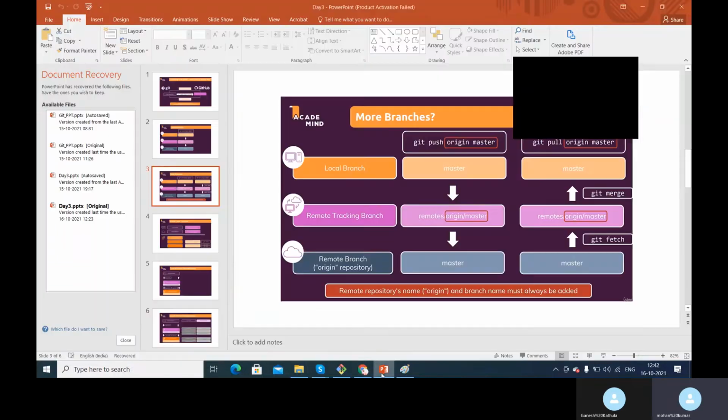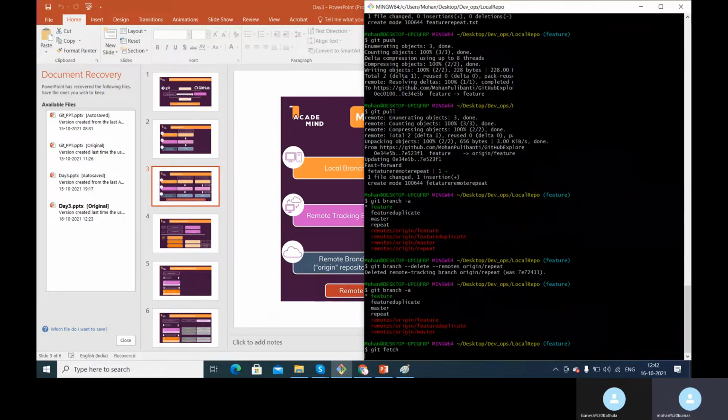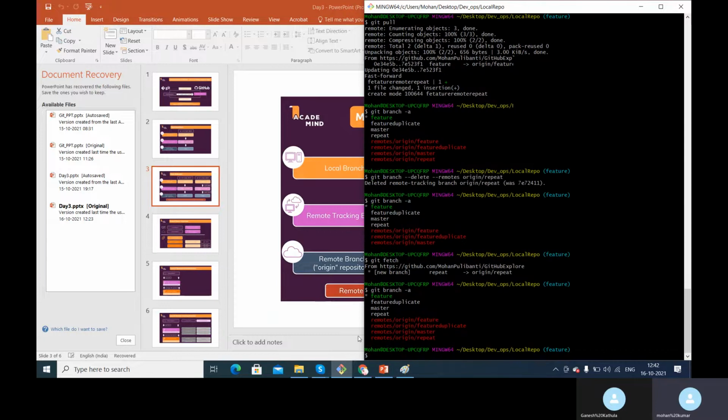If I say git fetch again, it will basically fetch that remote tracking branch again for us. Okay, so let's just give it a try. If I say git fetch now again, and then git branch -a, this gives us all the branches. So it's as simple as that. Once we execute git fetch, by default git will create the remote tracking branches. It will get all the code from the remote onto the remote tracking branches.